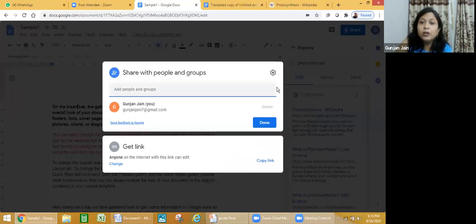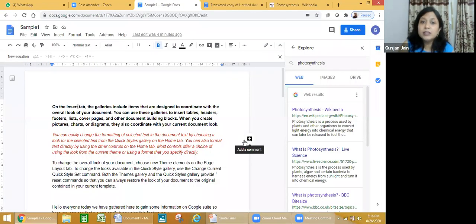Now, what is the point of sharing the file? Sometimes while teaching, while doing the various activities in school, we come across the situation where many of us have to work together on a file. Suppose we are generating the information brochure for the next session. So all the coordinators have to work on it together. Even it is given to the various departments, like examination department is given a copy of it to find out if there are any mistakes.